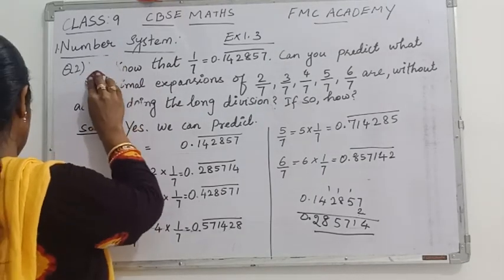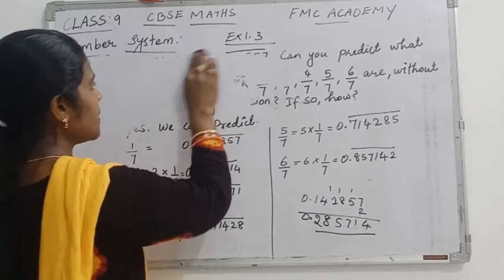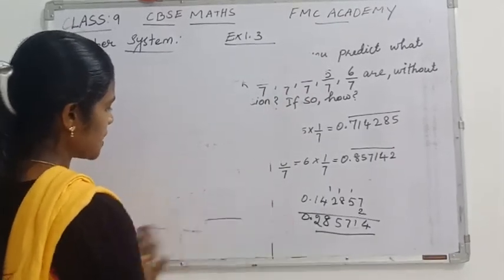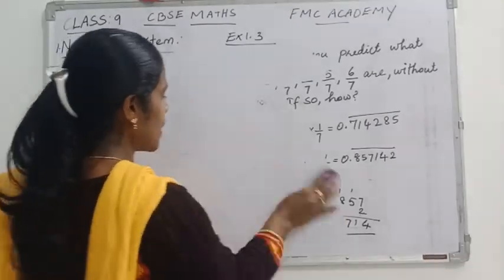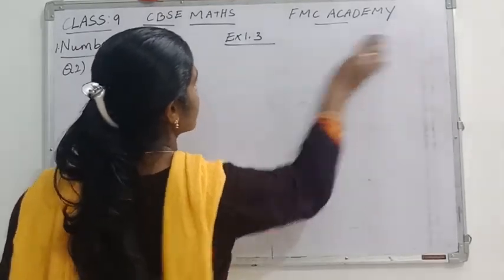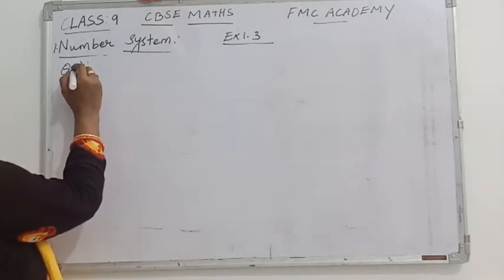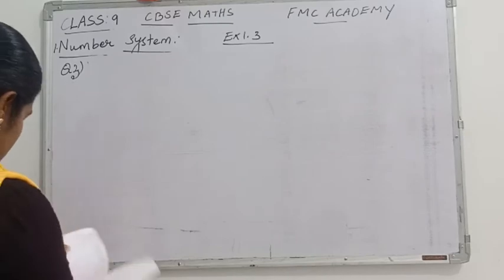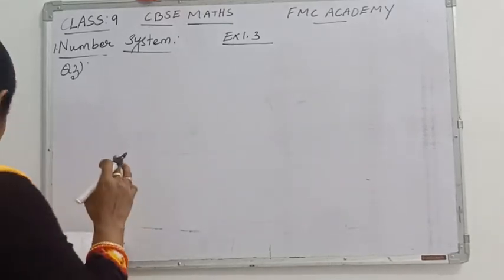This question number 3 we have actually done already in the examples. The same thing we are going to repeat here. Very, very easy sums. Still, if anybody has any doubt, listen very carefully to how we are going to do this, then you can be very clear about the sums. So let's start question number 3 now. In question number 3, what is given? The decimal expansions are given. We are supposed to write them in the form of P by Q. So the first one,